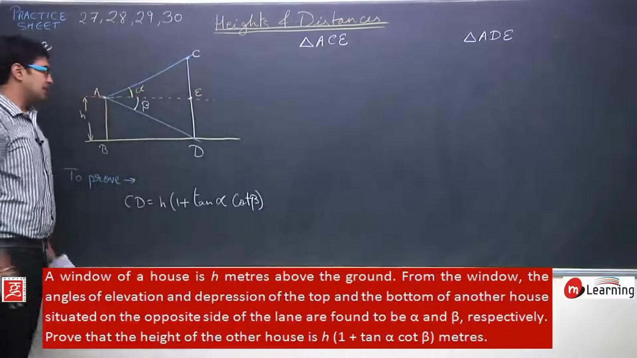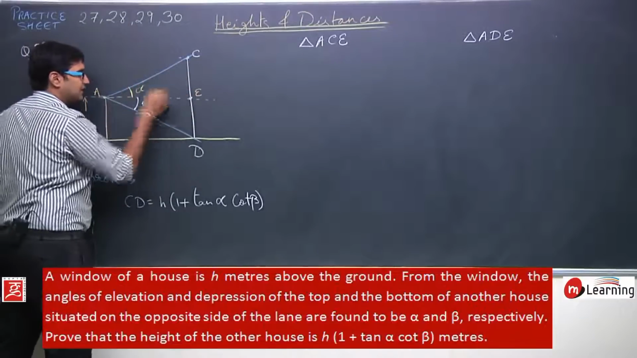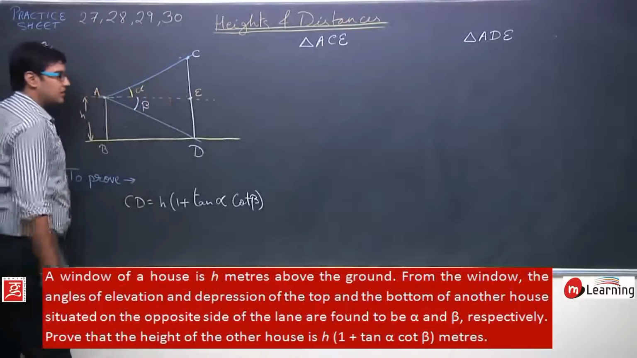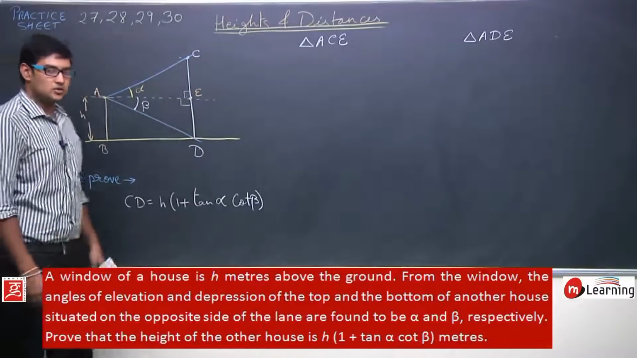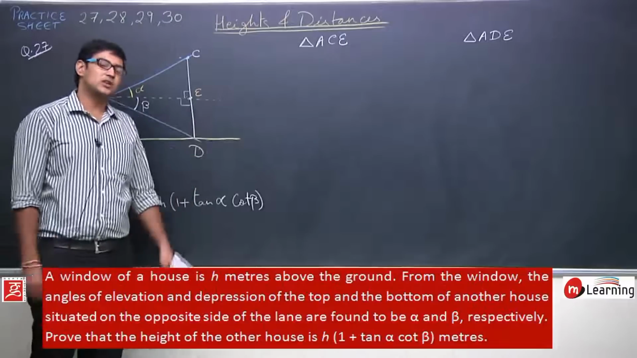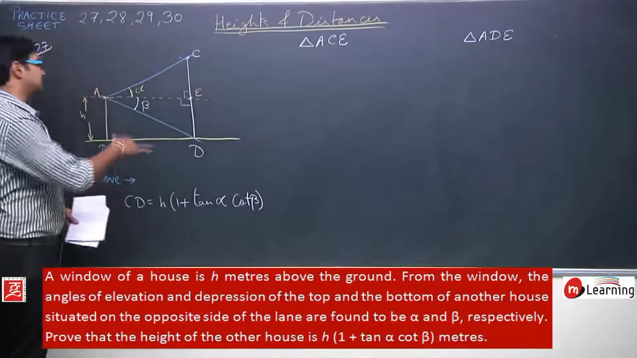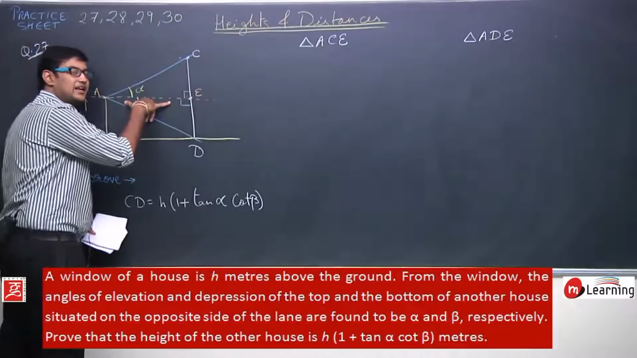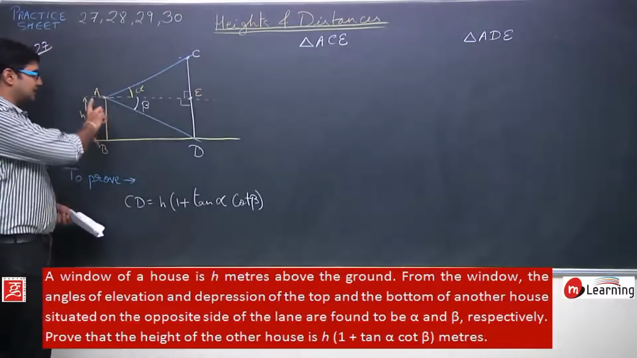ACE and ADE. ACE is one triangle, and ADE is another triangle, and this is 90 degrees. So we have identified the two triangles. Now what is common between the two triangles? I can see this AE is a common side between both the triangles, and further I can see this AB